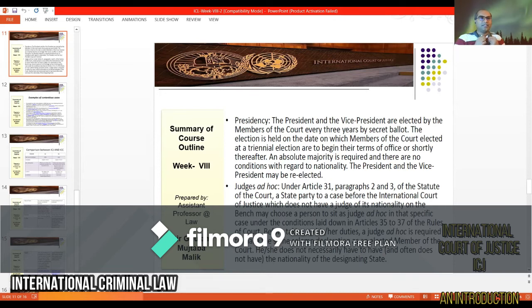there's a very famous case between Pakistan and India, that of Kulbhushan Yadav. As Pakistan and India are members of the United Nations, they automatically become members of the ICJ. So, India took up the case before the ICJ regarding Kulbhushan Yadav. And